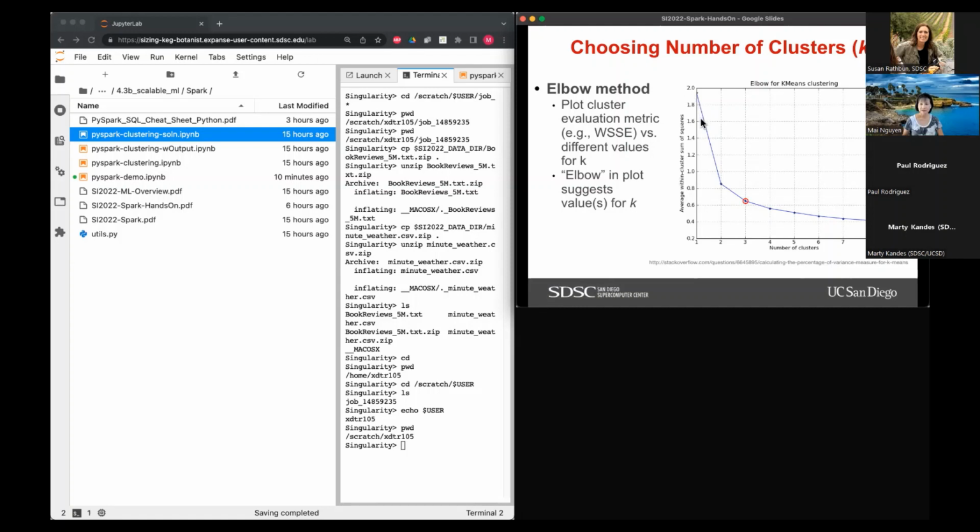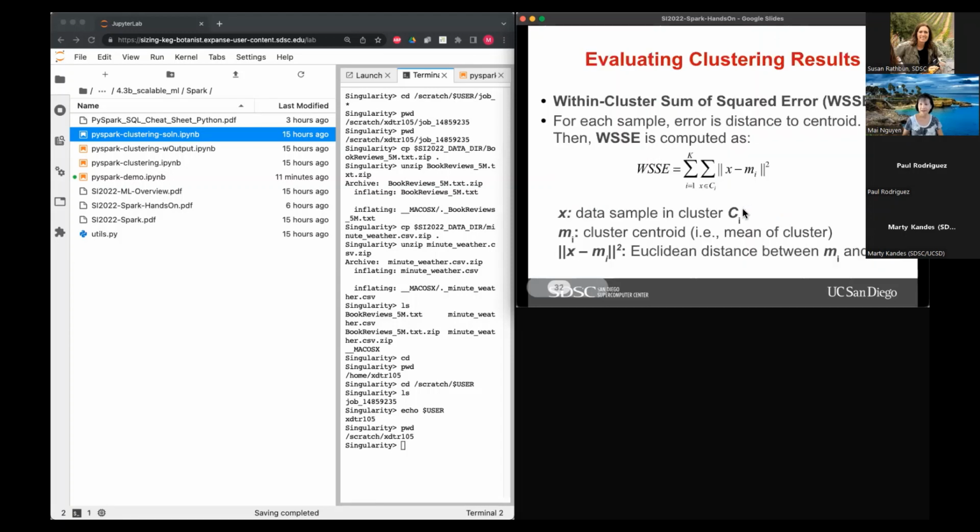And what you will see is a curve that decreases a lot at the beginning, and then at the end it levels off. This is what's referred to as the elbow curve. Essentially, as you increase the number of clusters, you're getting diminishing returns. So you want the point where this curve starts to level off. You want to find the elbow, and that suggests the value or values for K that you want to try.